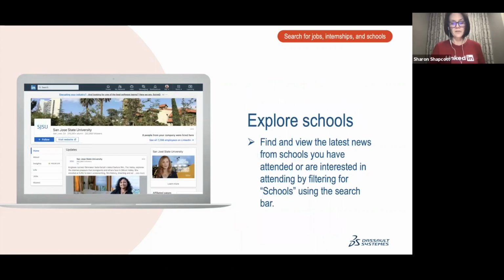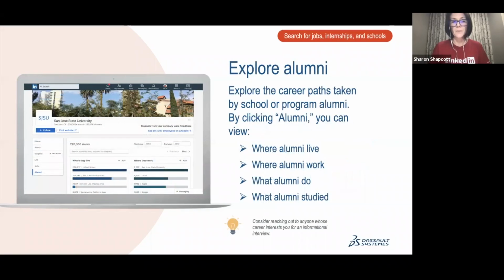The other thing to consider too is to explore schools. Find and view latest news from schools you've attended or are interested in attending. Let's say you want to do a postgrad program, you can actually search for schools on LinkedIn to get some additional information about that school. But if you just recently graduated, the alumni group is a great place to dig into because you